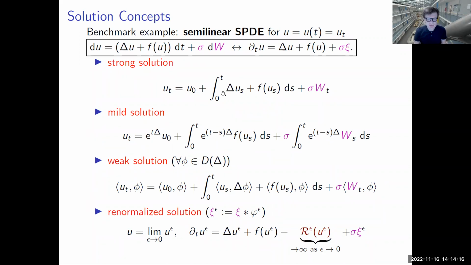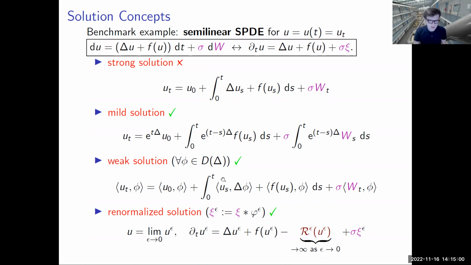One would be strong solutions, but strong solutions are usually not very nice, because normally this process U here doesn't have enough derivatives to justify taking all the derivatives in the solution. So strong solutions are not so good, but mild solutions are good. For the mild solution, you take the semigroup associated with the Laplacian, you convolve the nonlinear term with this semigroup, and you do the same type of convolution also here. And this should be, I'm sorry, a dW_s. So there's a typo here, very sorry, this d has to be moved up front. It's a dW_s, so a stochastic convolution. And you could also define weak solutions. So you test it in a suitable inner product.